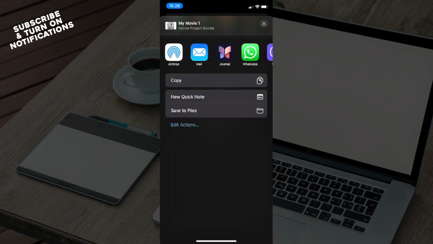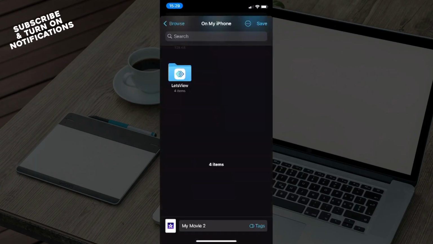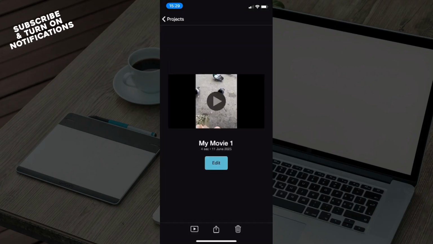And you may see under save to files that you have a couple of things that you can set up. If you use the three dots, it may even give you some other setup options. But what I suggest is that you go actually to your Mac, since it's going to give you a lot more